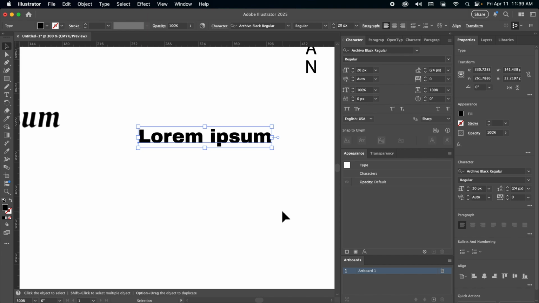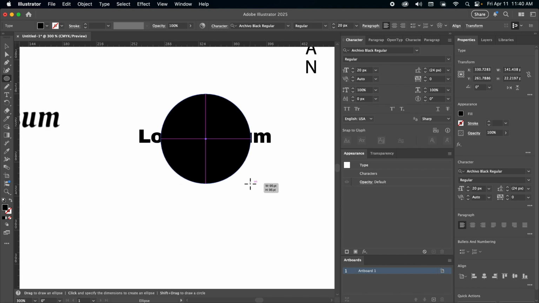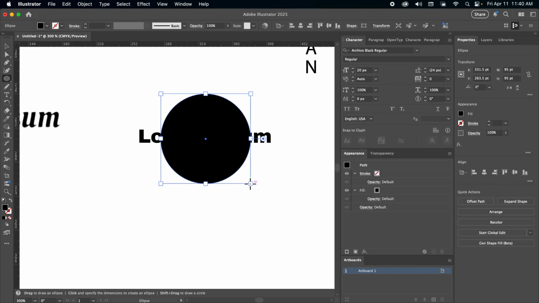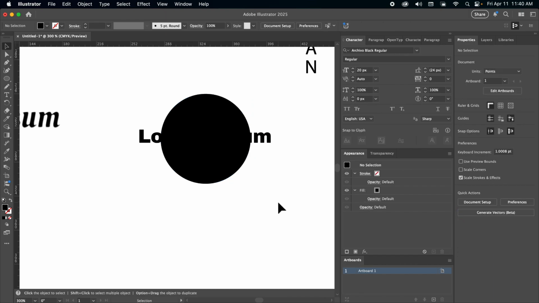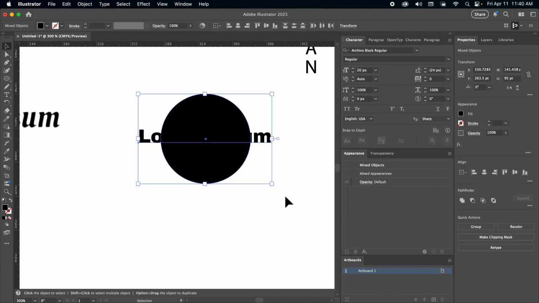Now, I'm going to create, using the Ellipse tool, a circle or oval, ellipse, whatever, on top of the text. Doesn't matter what color it is or anything like that. I'm just going to leave it just like that. It needs to be on top of your text, so make sure that it is above. Next, I'm going to select both the text and the ellipse by either dragging a selection box around both of them or holding Shift and selecting both one at a time.